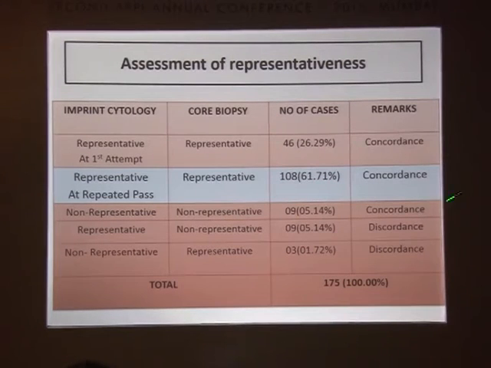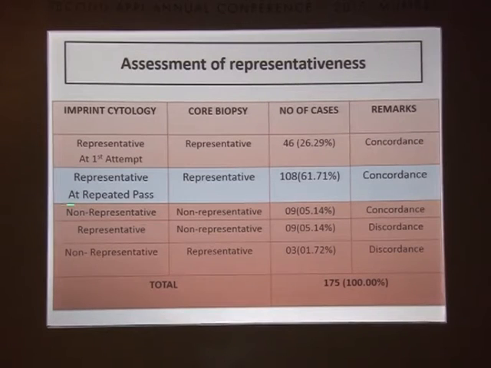So what does that mean? That means if the squash cytology was not done in these cases, these all would have been non-representative. So see the difference. Only 26 would have been positive without cytology, whereas all these people would have waited till the biopsy is ready and the report would have gone as non-representative. That is the essence of this important slide.